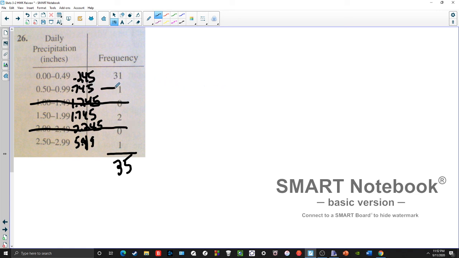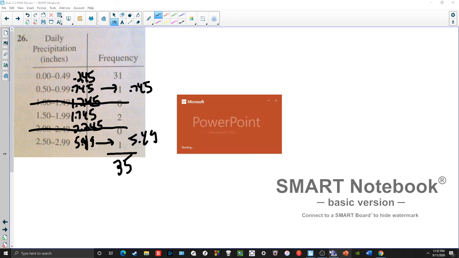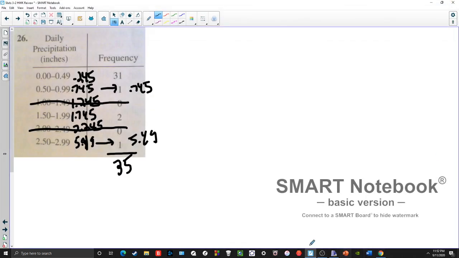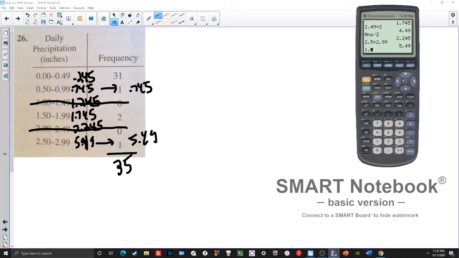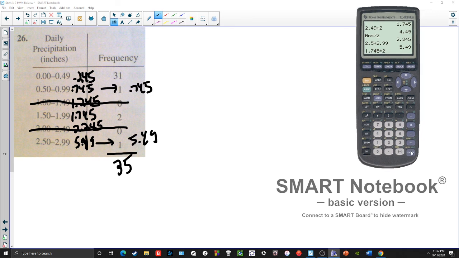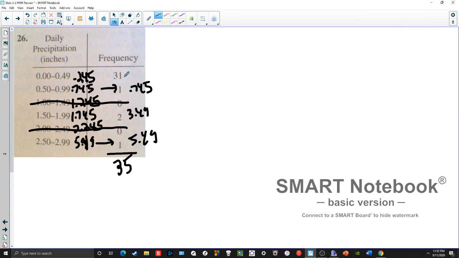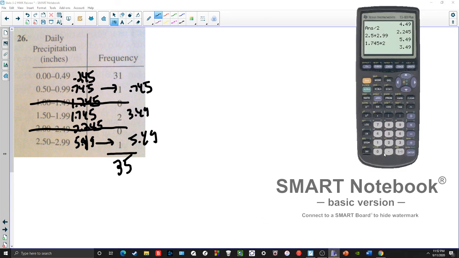So 0.745 times 1 is 0.745. 5.49 times 1 is 5.49. 1.745 times 2 is something I don't care to do right now, so 1.745 times 2, that would be 3.49. And then the big one up top here. That's probably where our frequency is going to lie, somewhere towards the top class, just because it has such a high amount of them. But we'll see. 7.595,